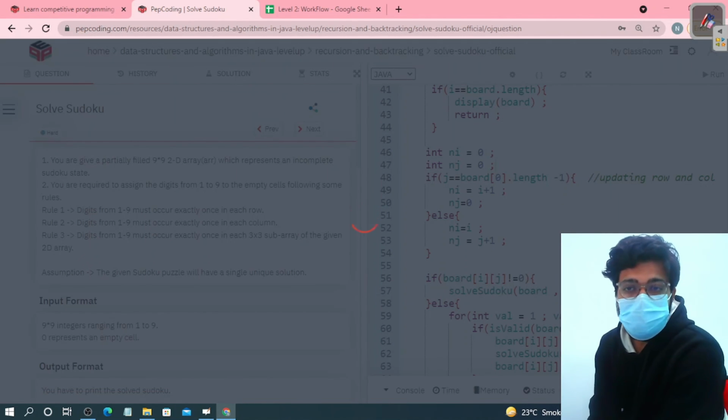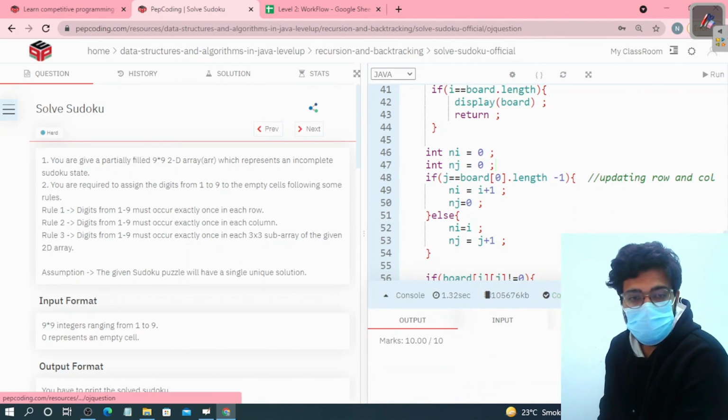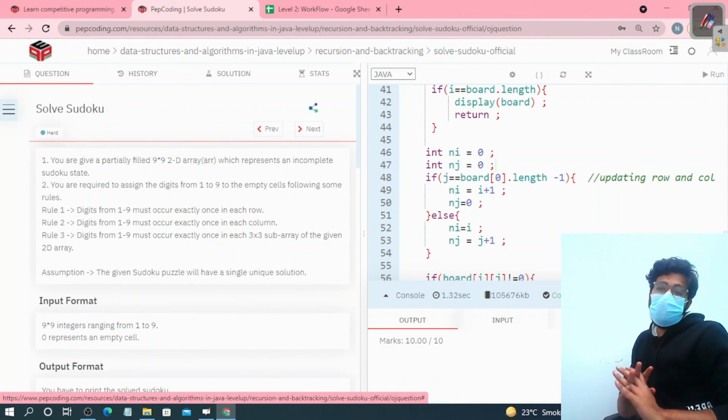Okay. Correct answer. So guys, if you understand the concept behind this question, if you understand everything, if you understand how we can solve Sudoku and how to apply the backtracking, how the question works,